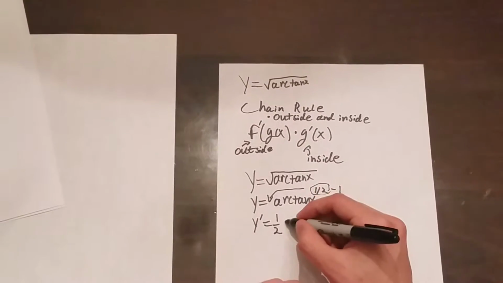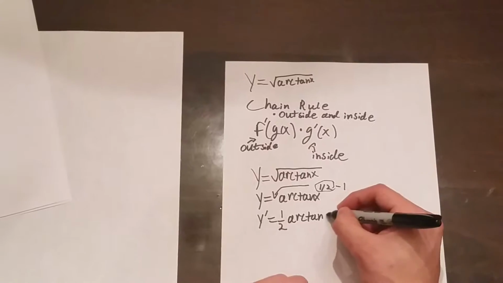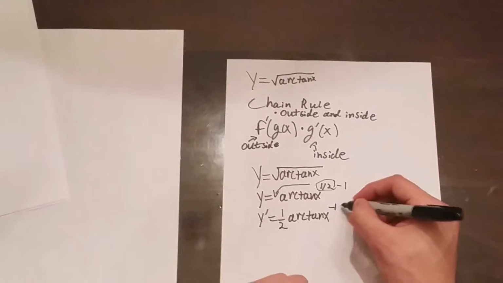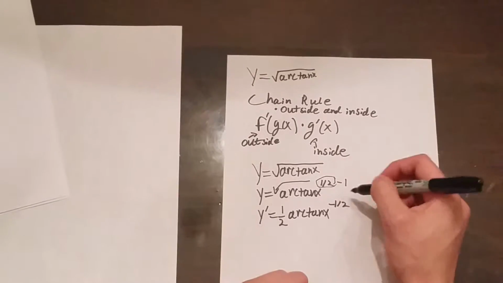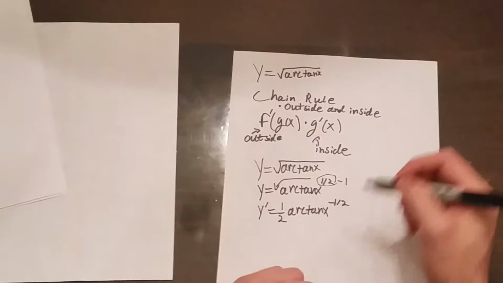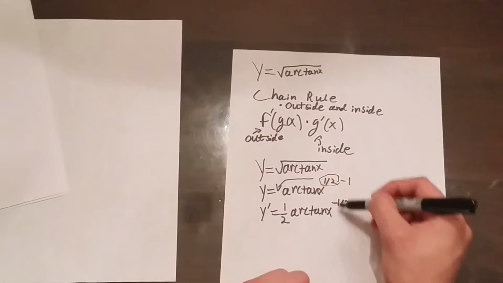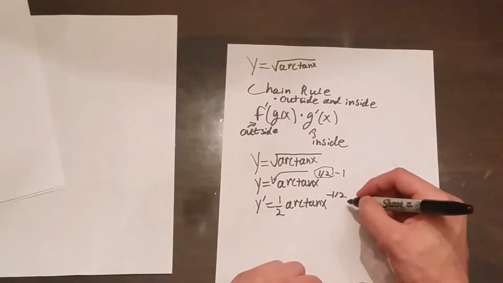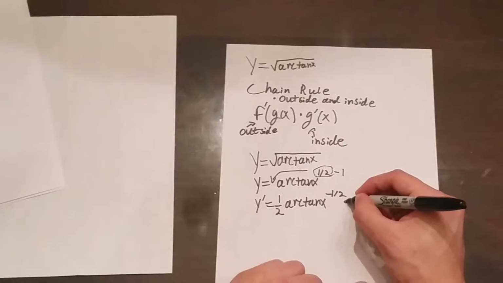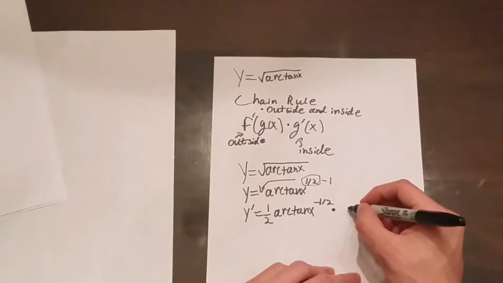So then we would have 1/2 arctangent of x to the negative 1/2, and that was our outside function. So doing this process here will give us our outside function, and then we evaluate the inside function again, and then we go out here and do the derivative of the inside function, which is